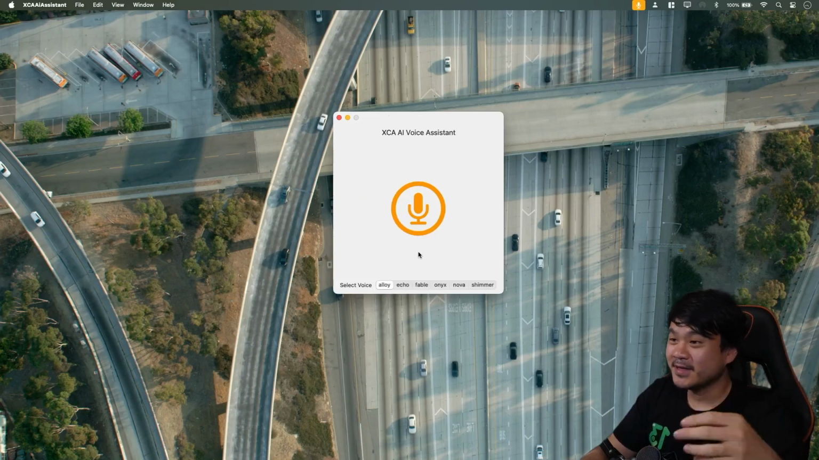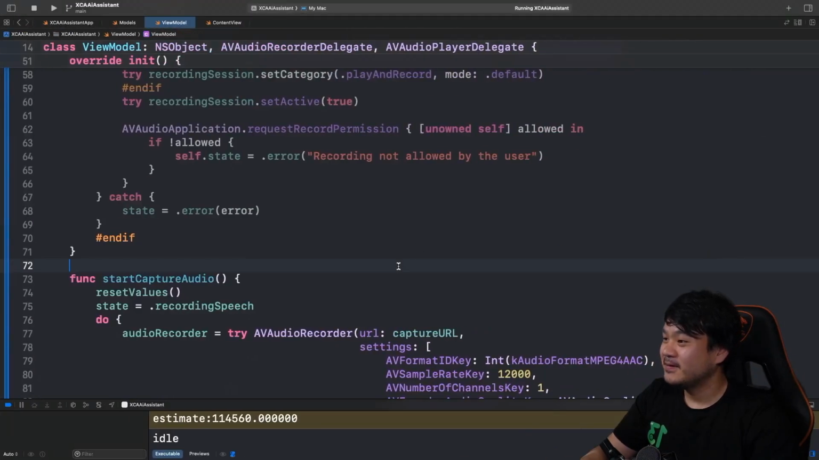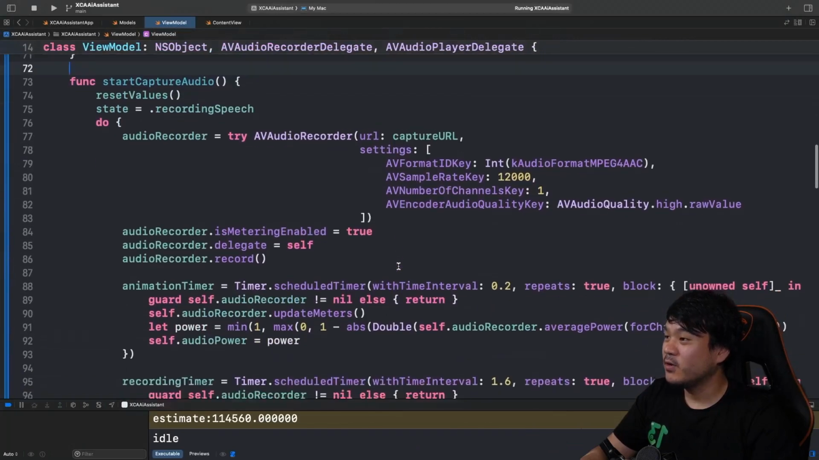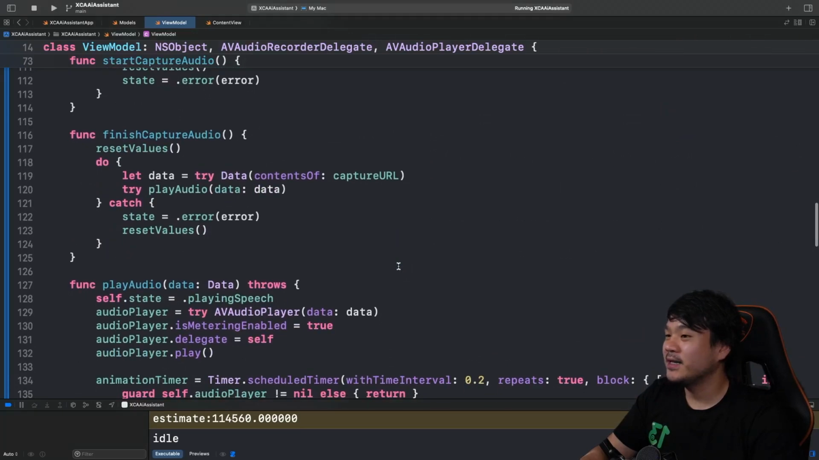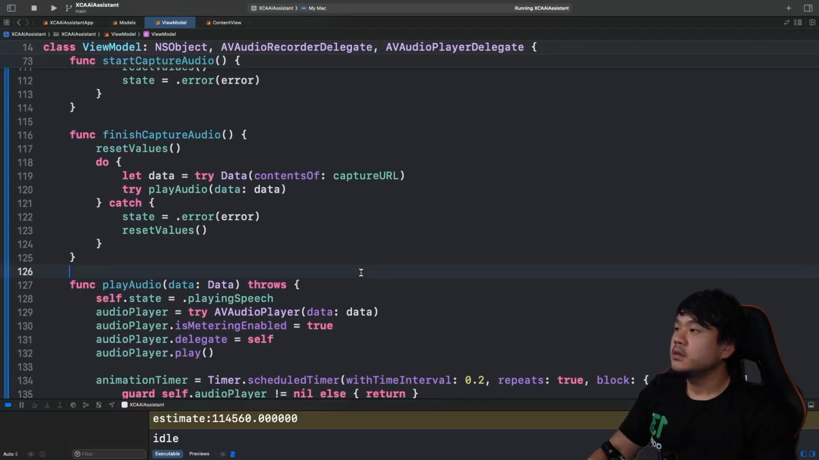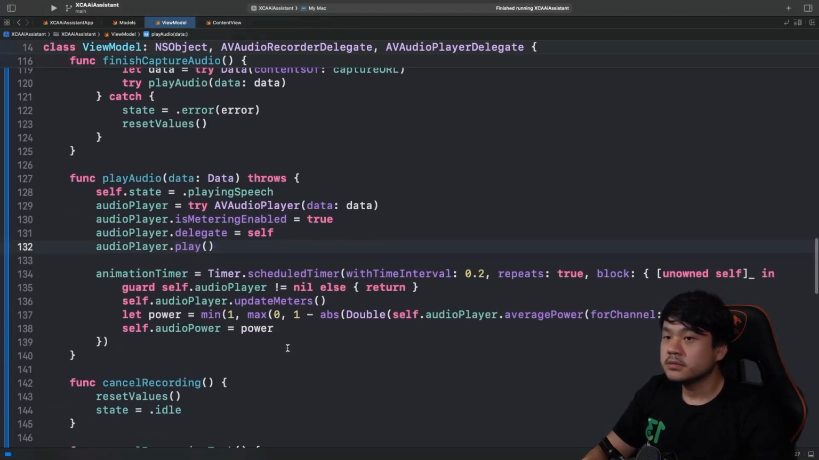Nice. It records and plays the audio, right? So it works. Now we are sure the recording works. Now let's implement the processing part to the OpenAI APIs. Okay, let's stop the process. Okay, and now